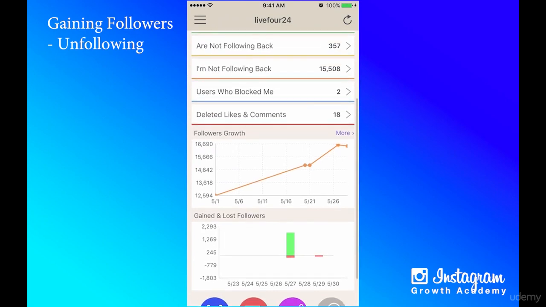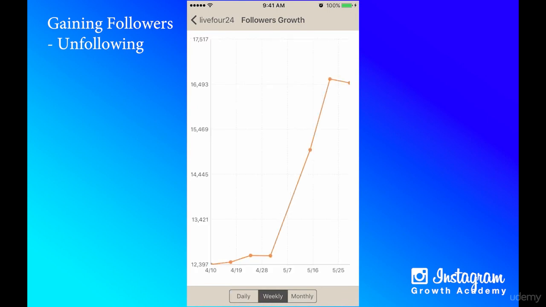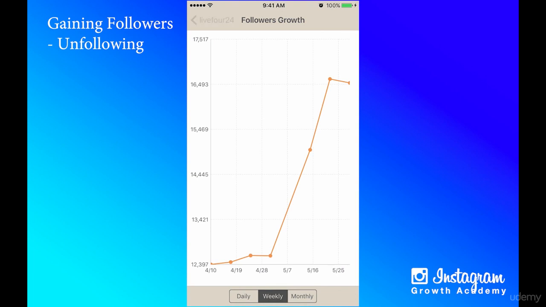The followers growth, if I click on that, you can see how well I've grown, and do weekly. Yeah, this day where we got almost 1,000, 2,000 followers on one day, 2,000 on the other. These are 2 ads that I did, so we got a lot of followers from those. You can see on a normal day here on the bottom, it's closer to maybe 10, 15 followers, maybe not even that much. The important thing is that you're growing, not necessarily the rate that you're growing in, especially when